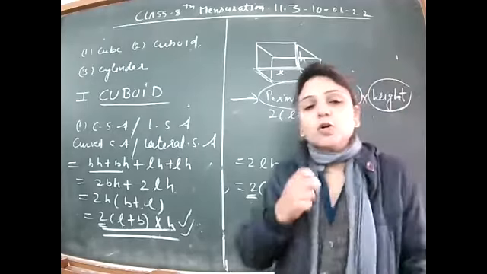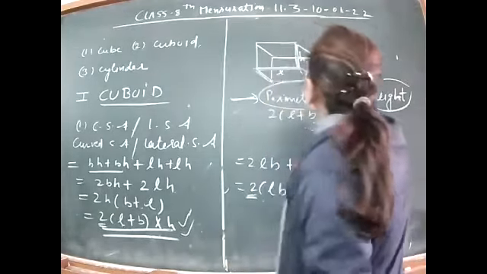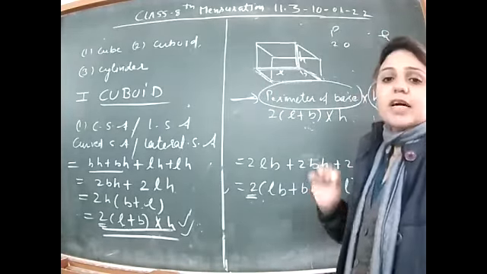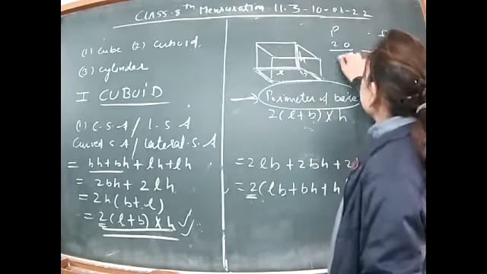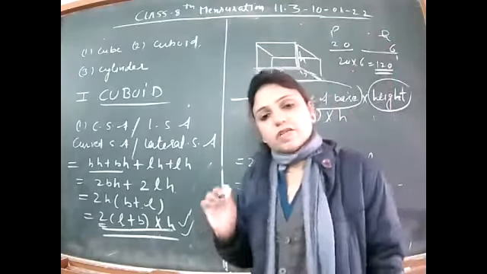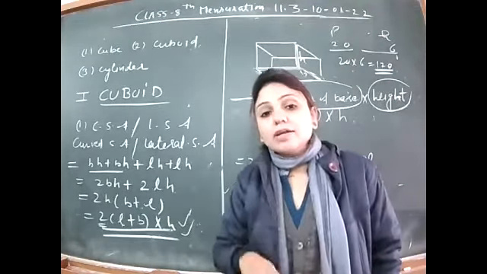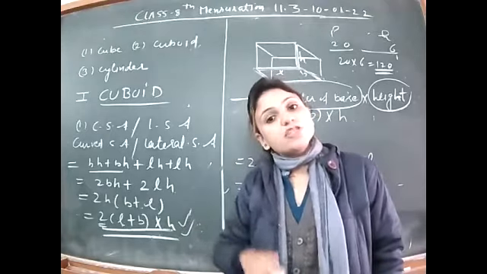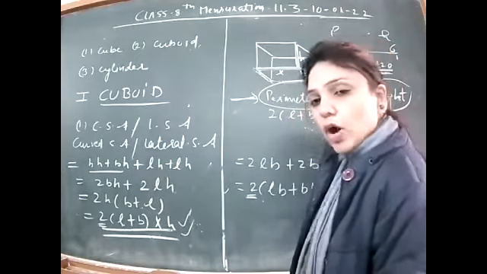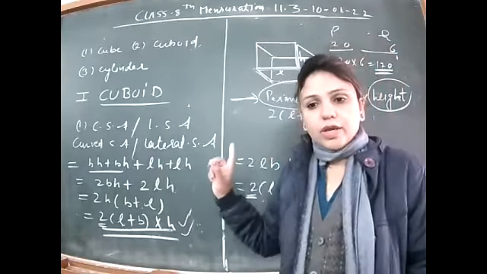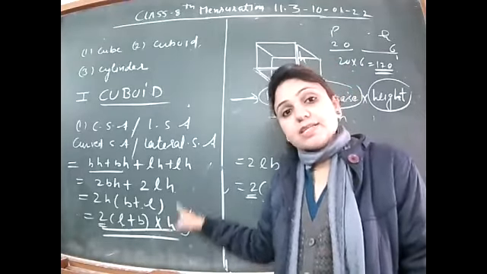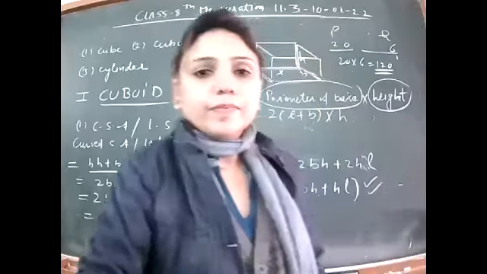Suppose in the exam it is given to you that the perimeter of the base is 20 and height is 6. This is the perimeter of the base, and the height is 6. Find the curved surface area. What will you do? You will multiply these two. Perimeter and height will be multiplied, and you will get the curved surface area. So always remember the concept, the formula which is working behind the curved surface area, that is perimeter of the base into height. Is it okay? The answer will be the same, but sometimes the question statement is like this, so accordingly you have to deal.